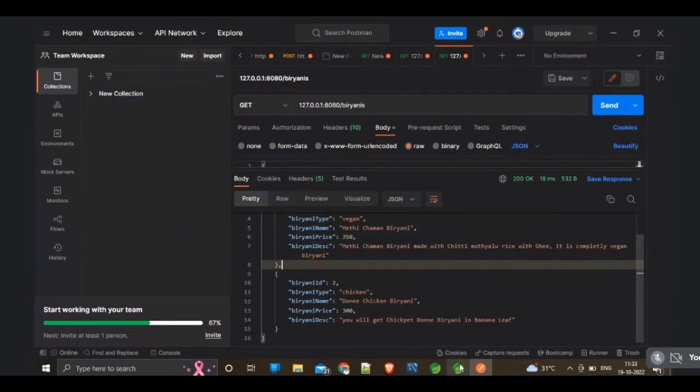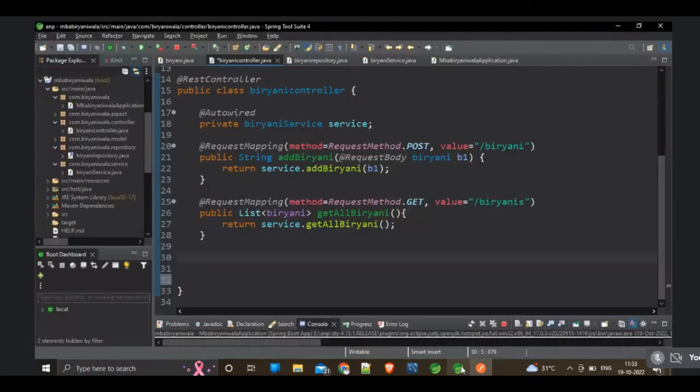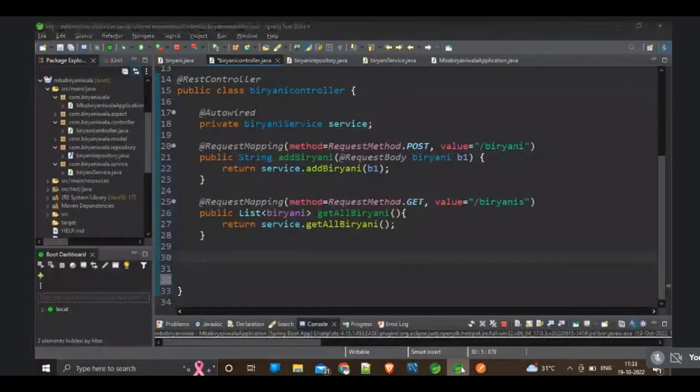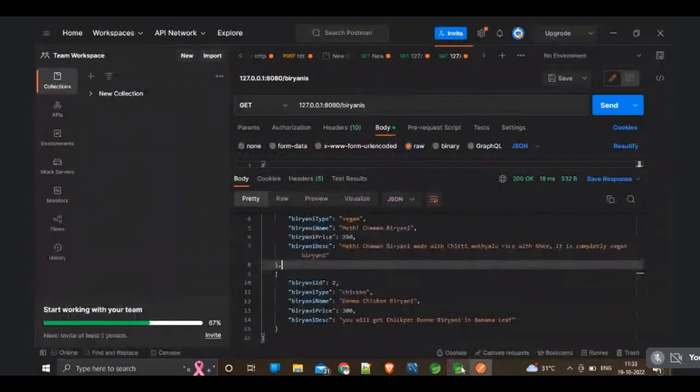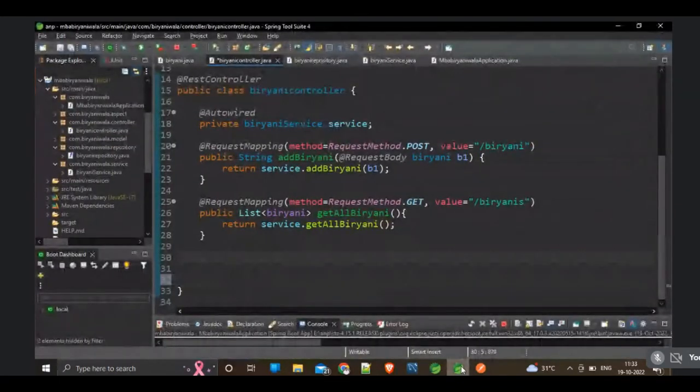Okay, so where are we? What are we discussing? Okay, so we want to retrieve biryani based on the ID, right? Yeah, we want to retrieve the biryani based on the ID. Okay, so create an API for that. So at the rate, obviously, request mapping. Okay, method equal to